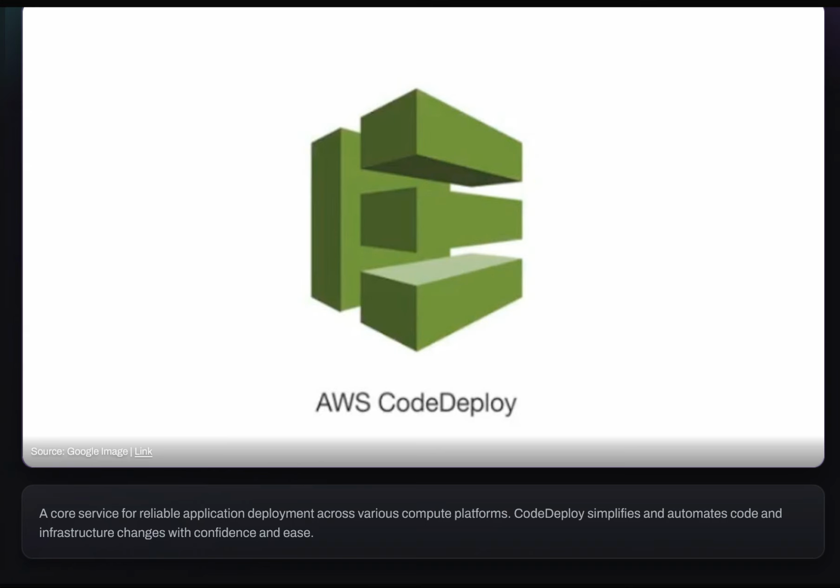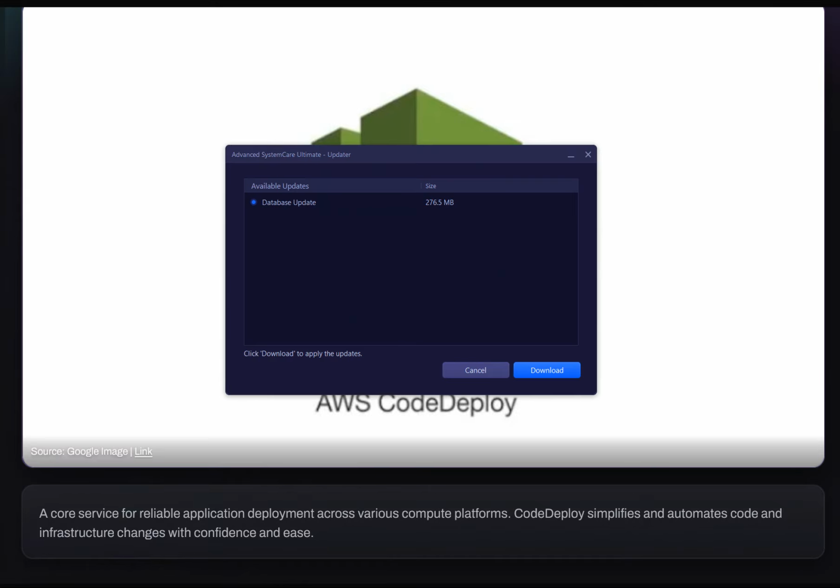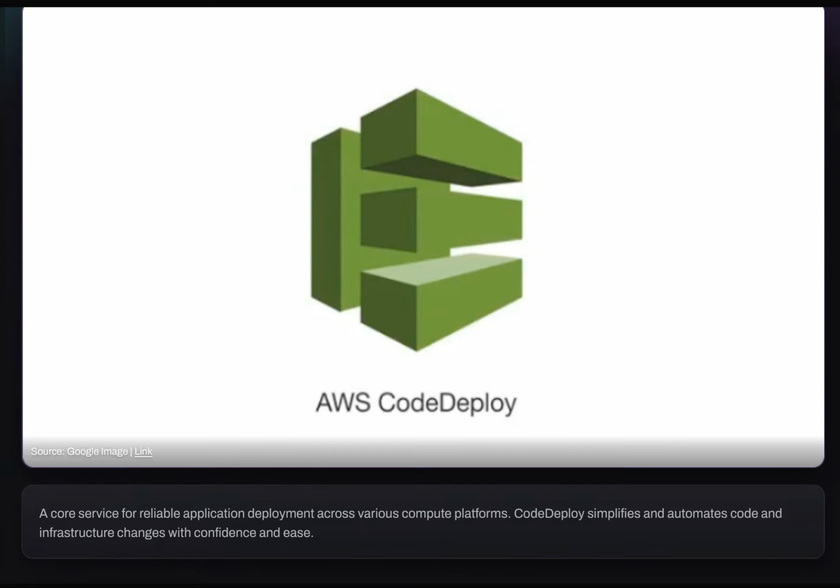Let's have a look at what CodeDeploy is. CodeDeploy is a core service for reliable application deployment across various compute platforms. CodeDeploy simplifies and automates code and infrastructure changes with confidence, right? So CodeDeploy is